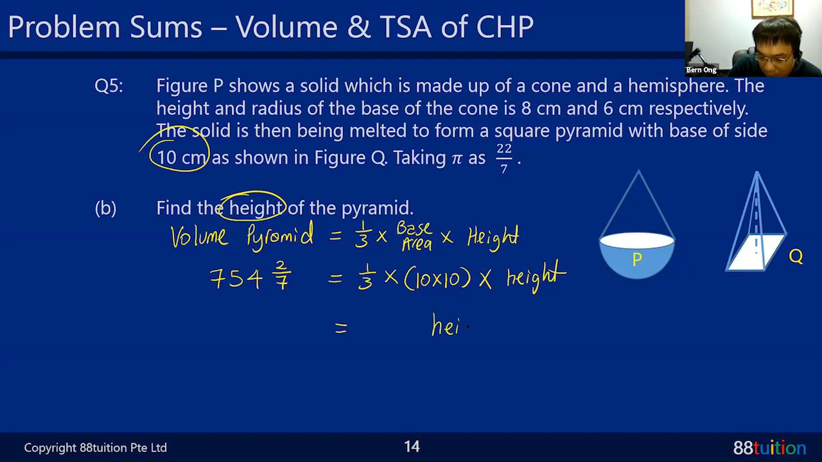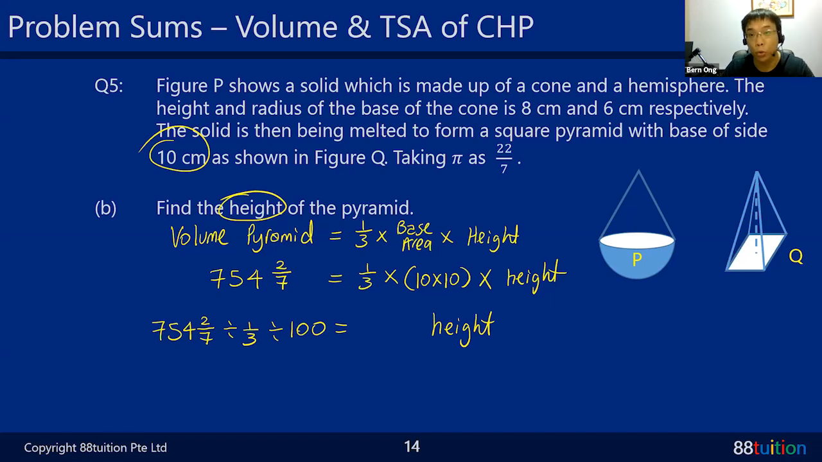So if you bring across the equal sign, times becomes divide. Your 754 and 2/7 is still here. Times 1/3, bring across, divide by 1/3. Times 10 is 100, bring across, divide by 100. Just press into your calculator. Nothing to fear. This 754 2/7 is still in my calculator. So I'm going to press divide by 1/3, divide by 100. Answer. I will get